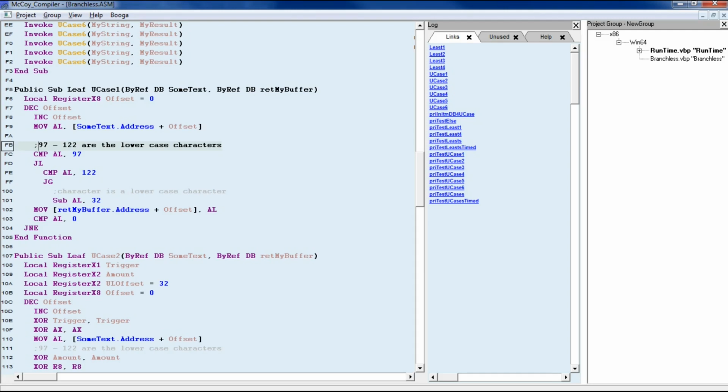Unfortunately, I'm using ASCII numbers. When we get in the debugger, it's going to be in hex, so sorry for the confusion. So let's compare our first byte with 97, which is lowercase a. Jump less than. So if it's less than a, then all that data is going to be untouched by the uppercase program. It will jump these indented lines down to this line, which saves out the character into the return buffer at the same offset. But if the character is greater than 97,